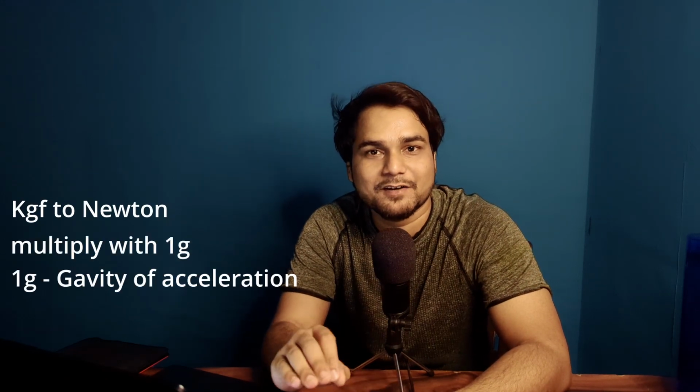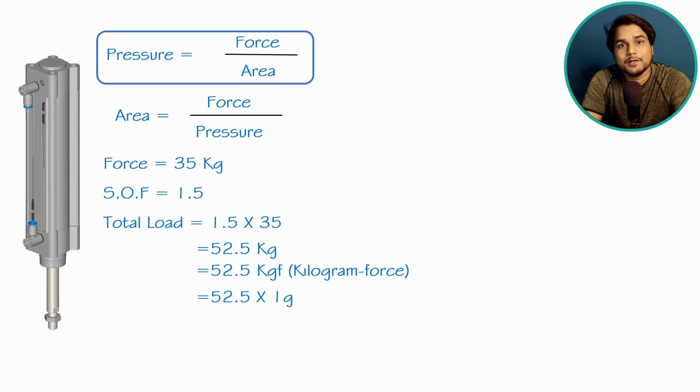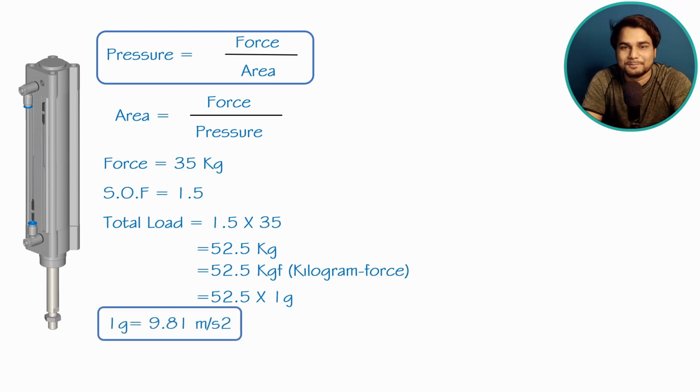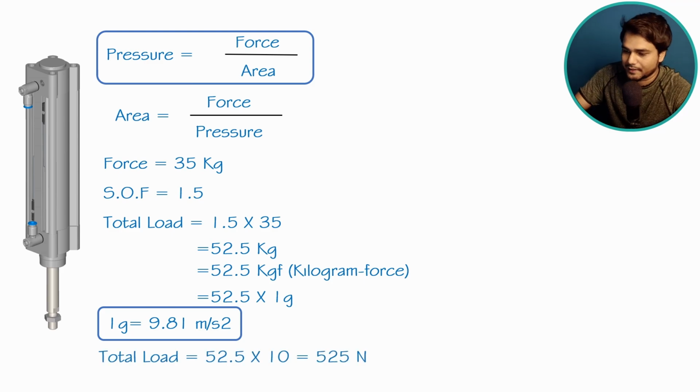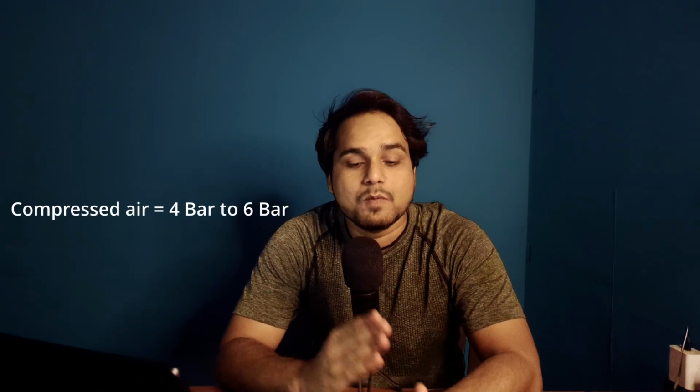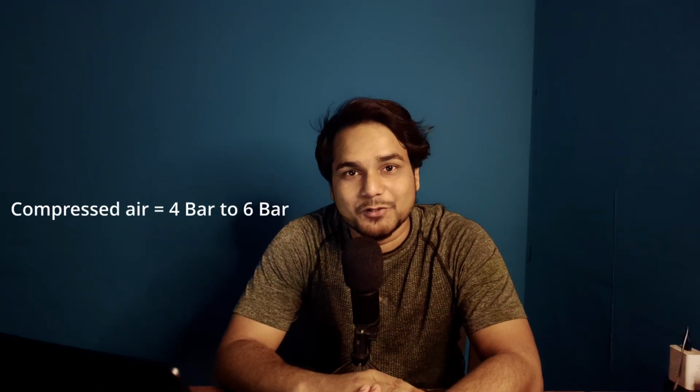होता है ग्रेविटी ऑफ एक्सेलरेशन से, और 1g का वैल्यू होता है, यू ऑलरेडी नो, 9.8 मीटर पर सेकेंड स्क्वायर. So let's consider it 10 meter per second square just to simplify the calculation. So now we have calculated the load, 525 Newton. And now what will be the pressure? The automobile industries में recommended compressed air pressure 4 bar to 6 bar के बीच में होता है, और ये